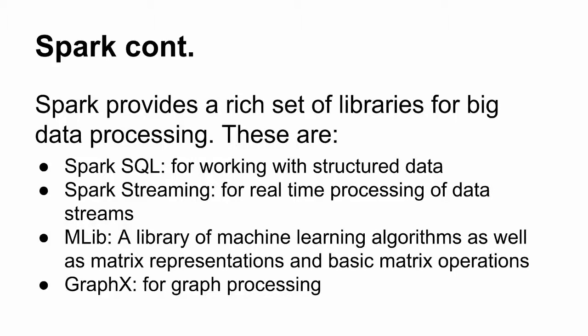So there's 4 of them. There's Spark SQL. So that is used when working with typically column-based data. So that might be CSV files, TSV files, files for which each line has a fixed number of columns. The Spark streaming is for real-time processing of data streams. So, for example, Twitter data,